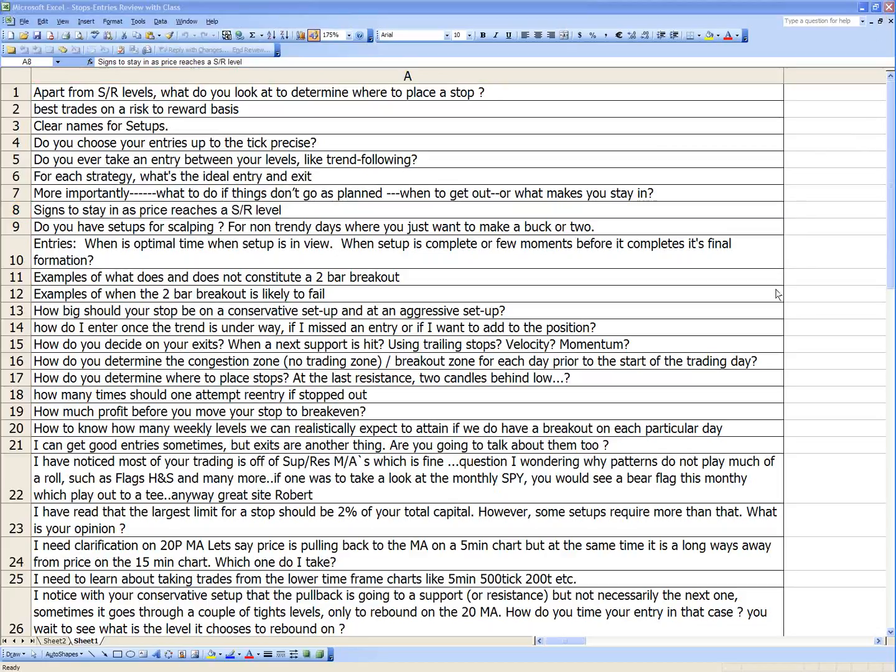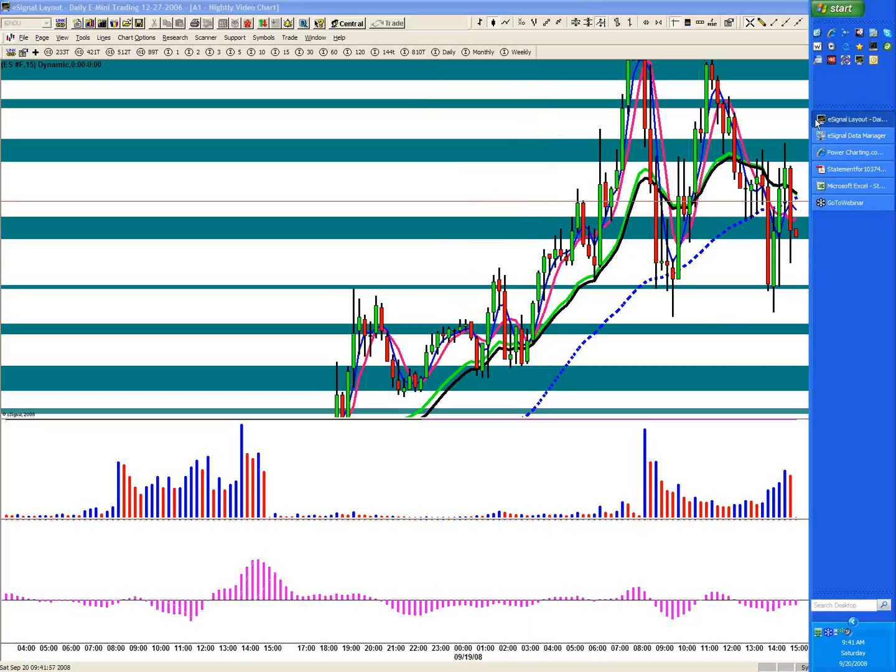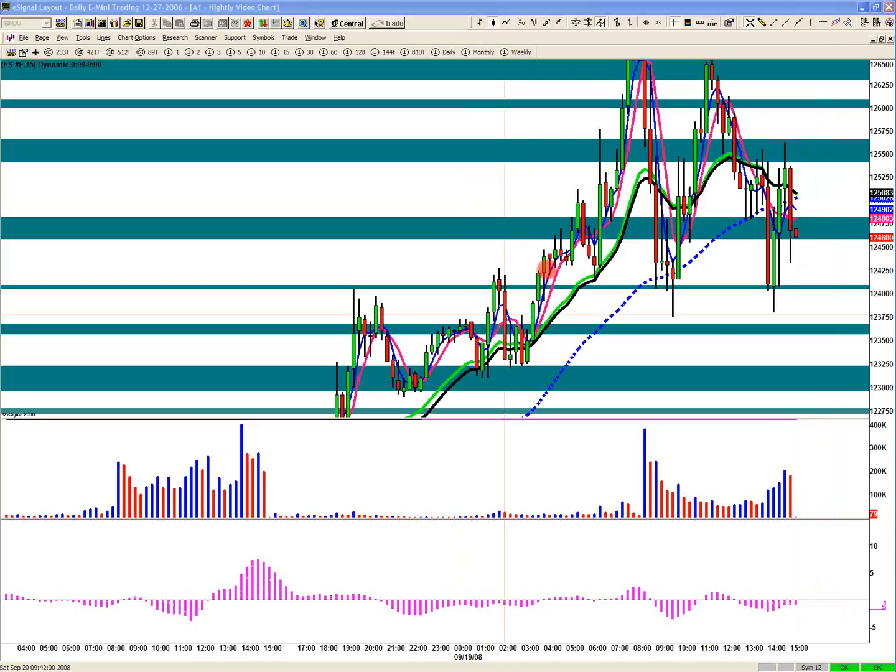Okay. So the next question I want to ask is when to stay in as price reaches the support and resistance level. And here again, one of the things that I've advocated in the channel before is taking size off as you get to the next levels. So if you broke the resistance level here, and you took the slight pullback to a speed line as your pullback,